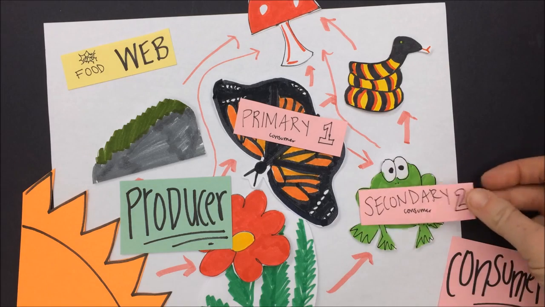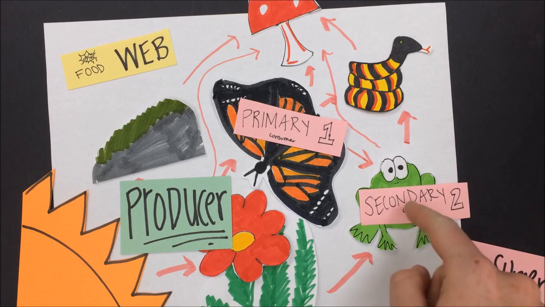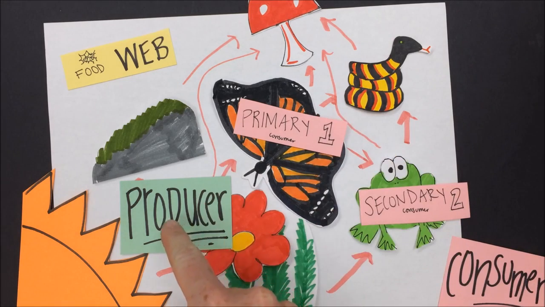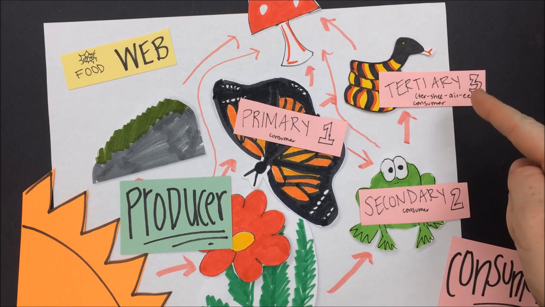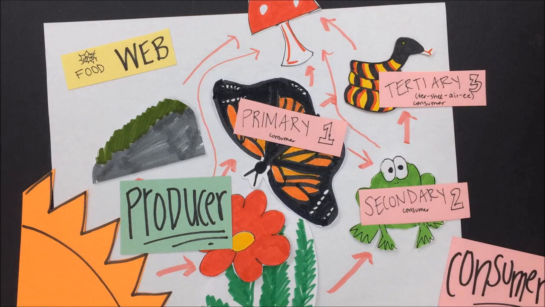A secondary consumer, like this frog, is a consumer that eats the consumers that eat the producers. So producer, primary consumer, secondary consumer. A tertiary consumer, like this snake, is one that eats secondary consumers. Primary, secondary, tertiary. Now, had we gone on a different path from the sun to the producer, to the primary